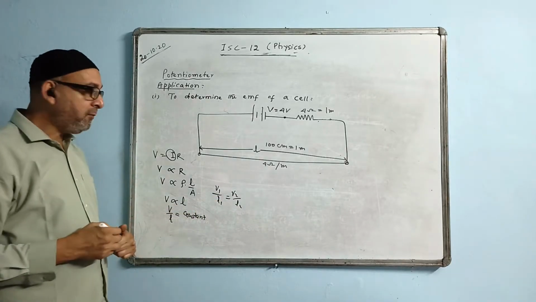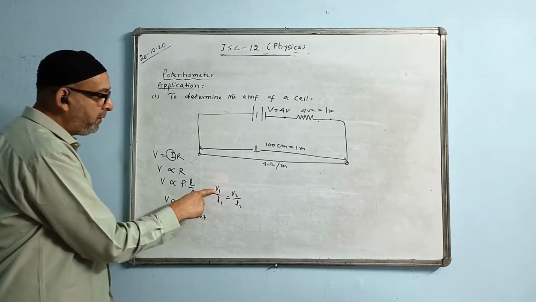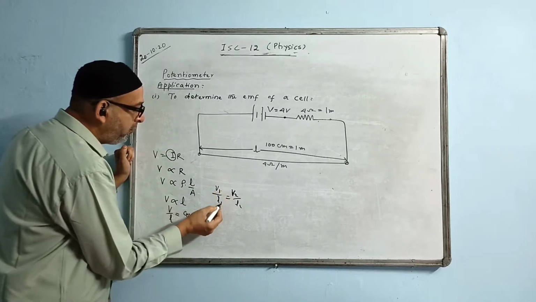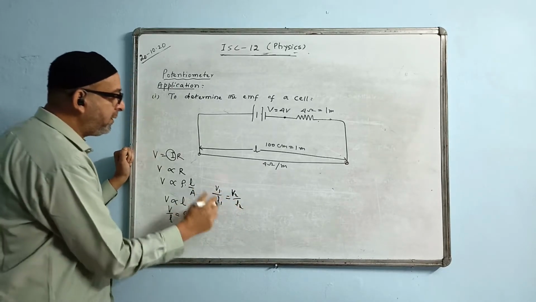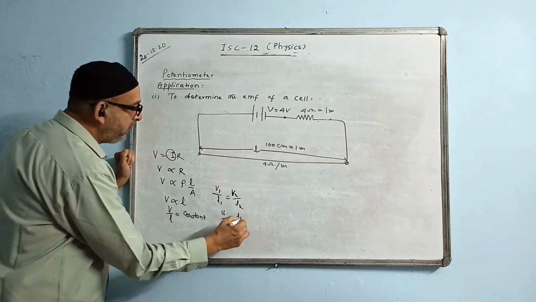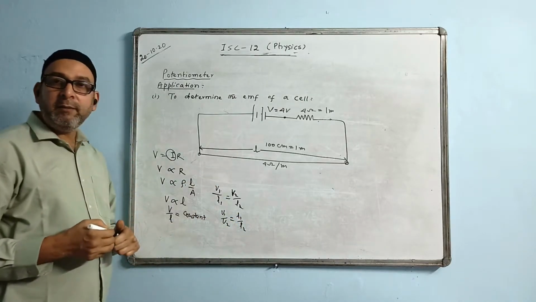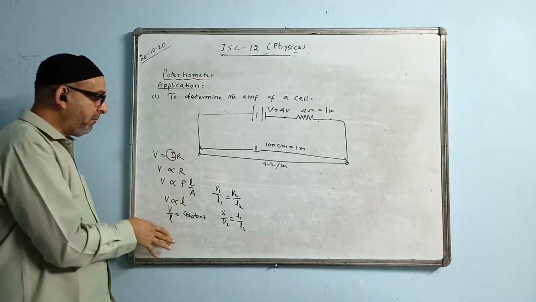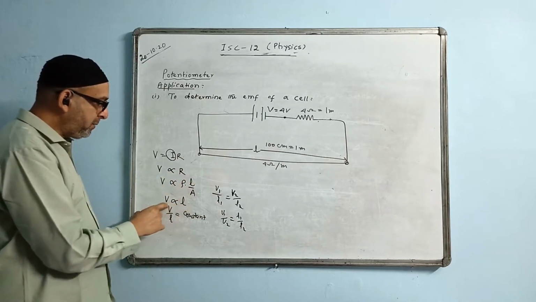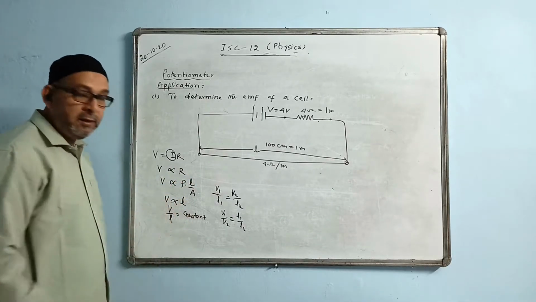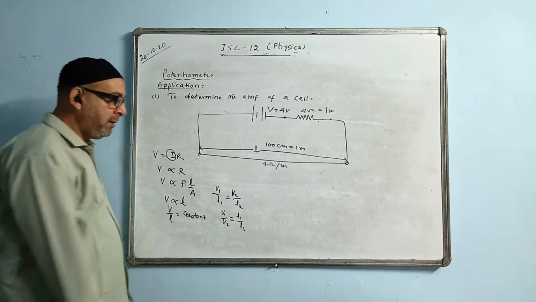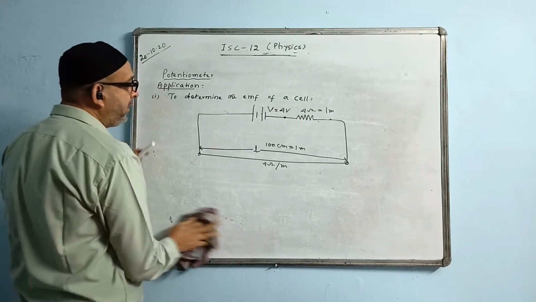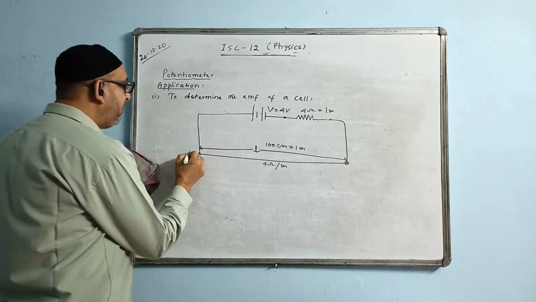So for direct proportion, we write the direct ratio this way. 1 will go with 1, 2 will go with 2. Or we can write in another way as V1 by V2 is equal to L1 by L2. This is only an idea of it. We start with Ohm's law V equal to IR and keep the current constant, then V will be proportional to the length, that is V by L will be constant. This is the potential gradient. The potential gradient will be constant. But no need to copy this one. Now we are coming back to the main topic here. This is there in the syllabus. We will take a wire AB.